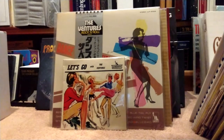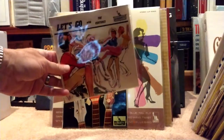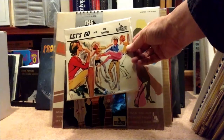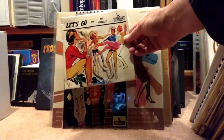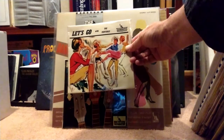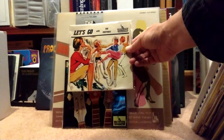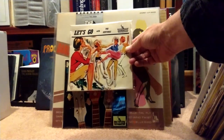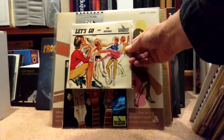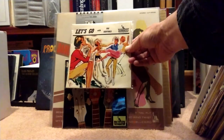Right up front here, we have this little EP from New Zealand called Let's Go. There we go, a little bit better light there. And if I bring it in, I lose my light. But there it is, Let's Go. And I just thought, what a fun cover. Although it looks like they stole the graphic from a dress pattern or a clothes pattern of some kind. There's not dresses there, but